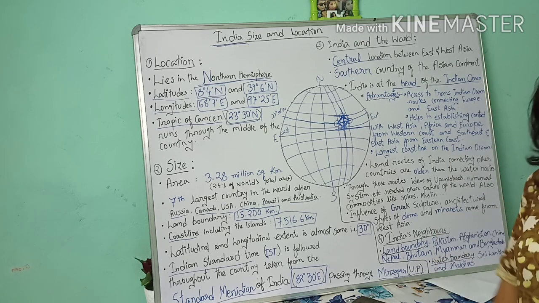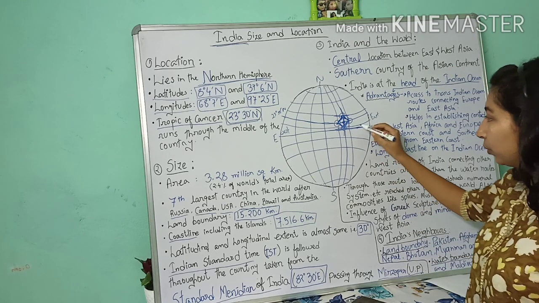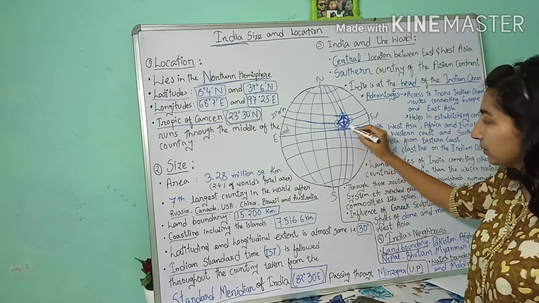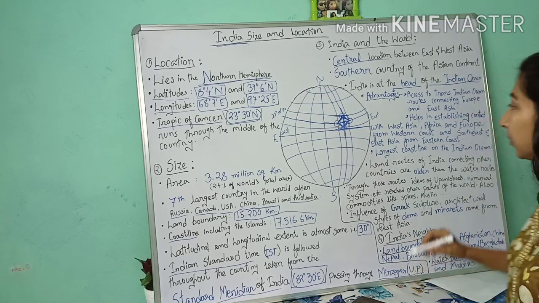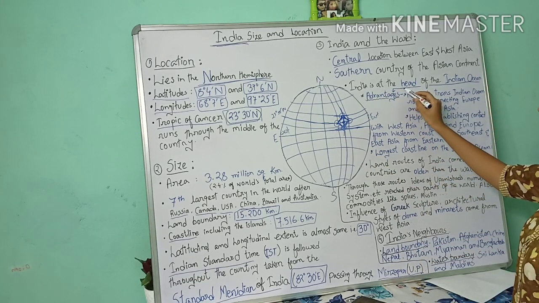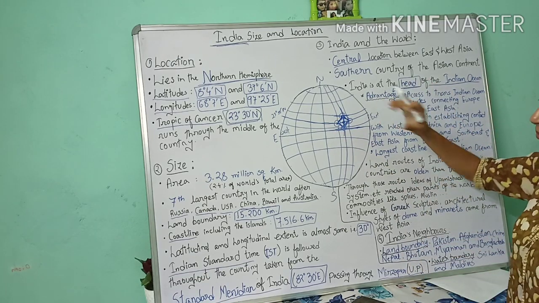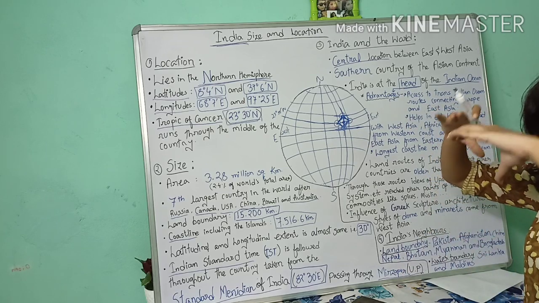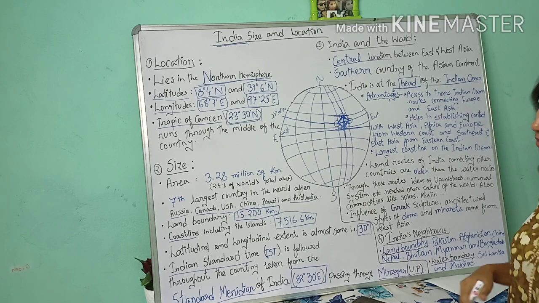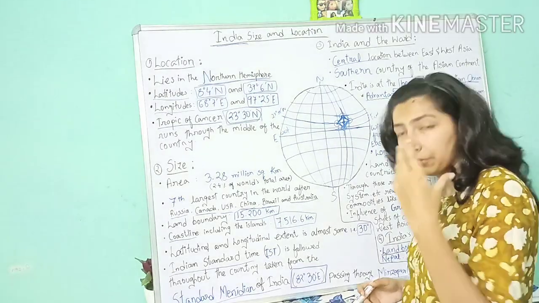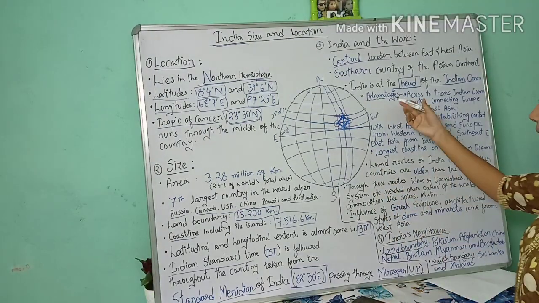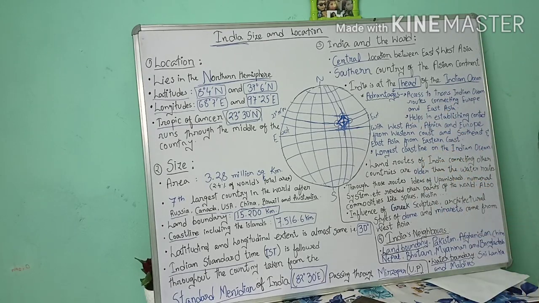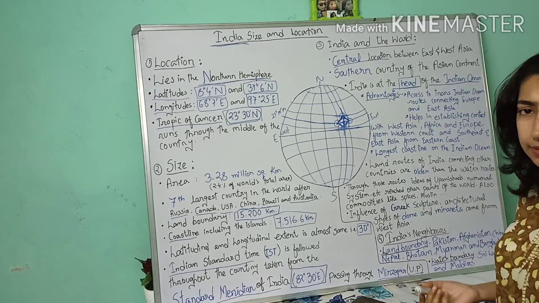And one very important thing is India's location here, this all area is the Indian Ocean. So India is at the head of the Indian Ocean. Means India is where the ocean starts. So it is the country which is at the head of the Indian Ocean. Due to this, there are many advantages that we get. What are the advantages that we get? I have pointed out 3 advantages. Please note them down. It is there in your book also.